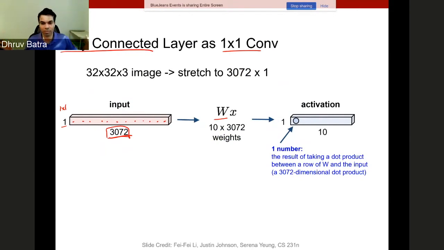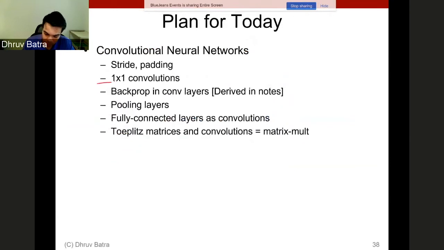It's a one-by-one input being convolved with a one-by-one filter. So there's no spatial movement at all. And it's just performing dot products at this point. It's just a weird transpose. We're playing around with the 3D rotations and transposes to write down a fully connected layer as a one-by-one convolution. Okay. All right, so we've looked at these two things so far, and next we'll look at